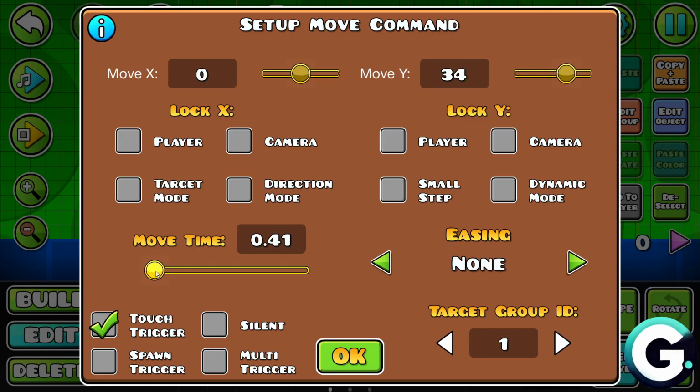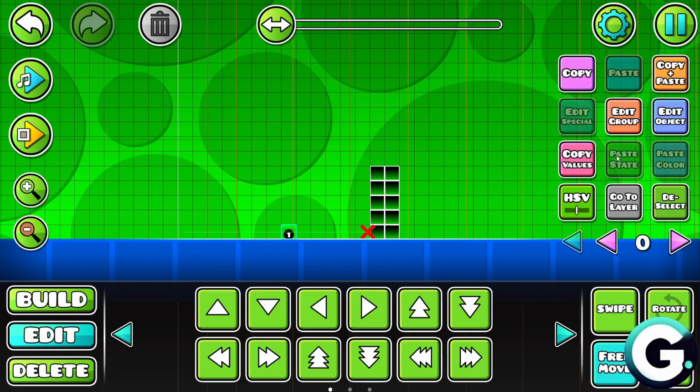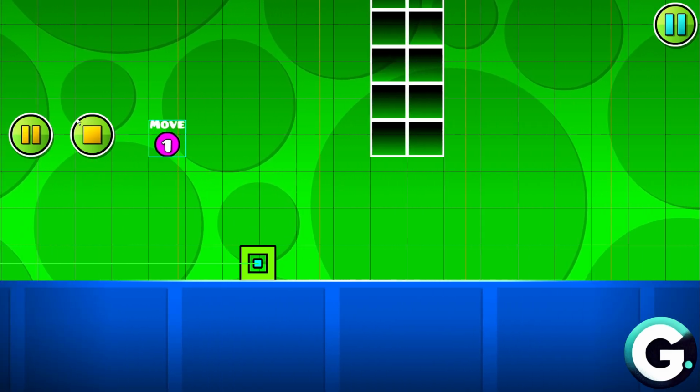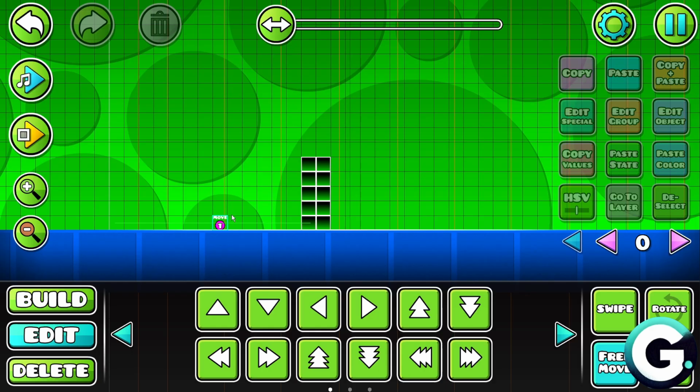For the move time, I want to move them quickly, so I'll reduce the move time timer right here. And then for the easing, once again, you can adjust this depending on your style. So if we play out the level, it should go ahead and look something like this, where it will move